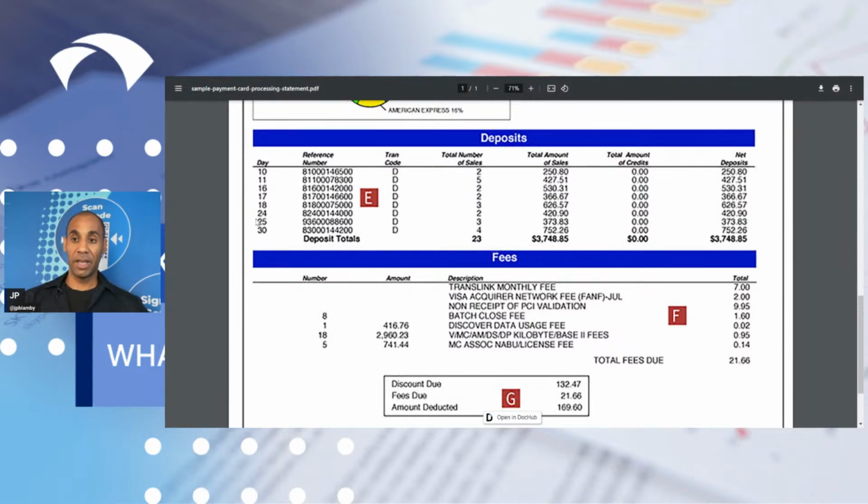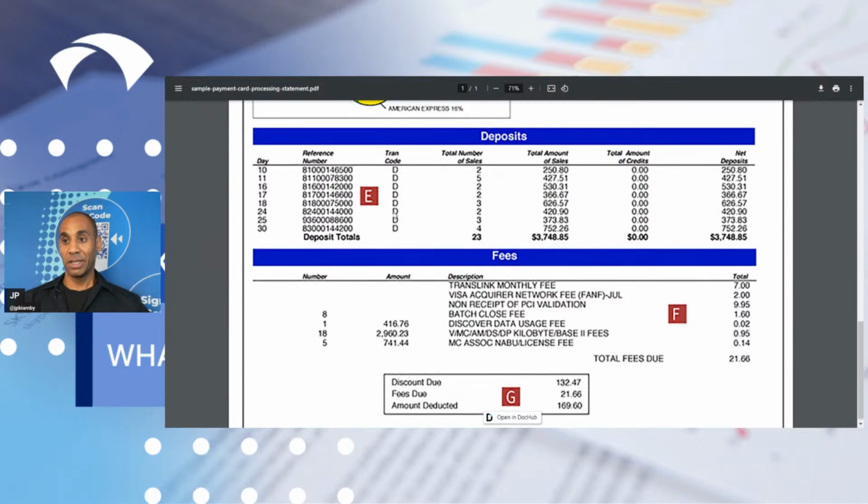Day 10, day 11, day 16, day 17, it literally will have an individual batch for each day of the week. And it'll explain to you what day of the week. So for a business that accepted payments every day in the month, there might be 30 days here. For this business, there might have been 1, 2, 3, 4, 5, 6, 7, 8, about 9 days when they accepted payments. So it shows each day of the month when those transactions happen, a reference number so you can